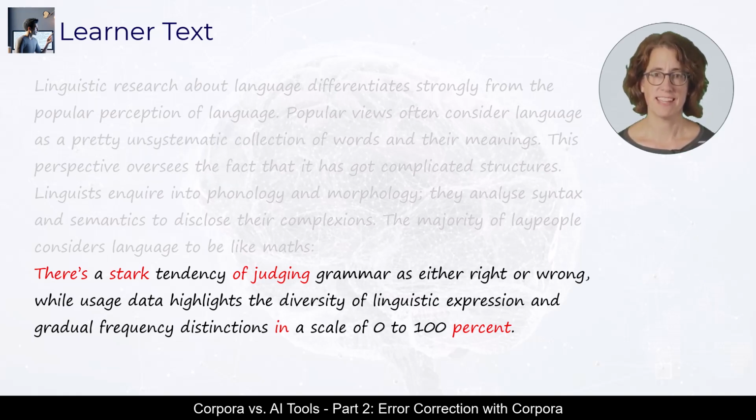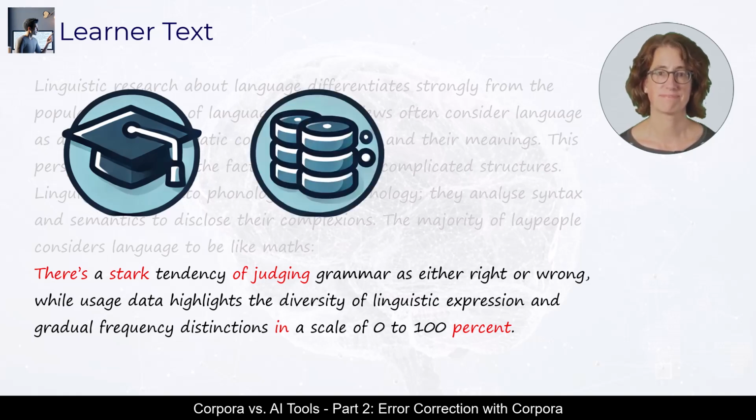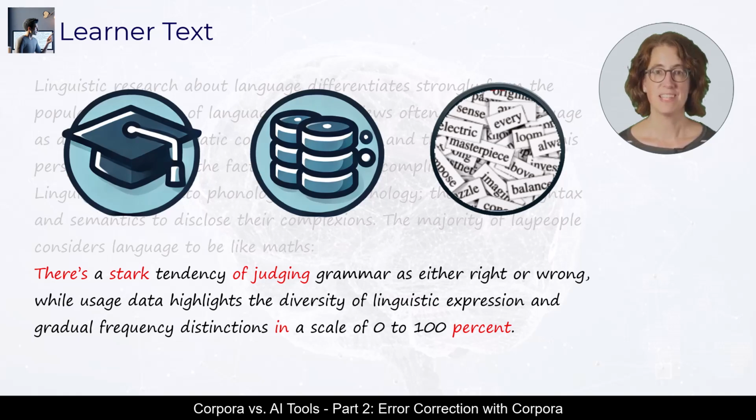For our error analysis, we will set the language usage that is common among native speakers of English as a benchmark and pay particular attention to academic texts, meaning the academic register that students are supposed to learn. Empirical evidence for what is and what is not an error can be obtained from the aforementioned corpora. I will now show you how a corpus can be used to find errors in a text. We use the EnglishCorpora.org platform, which is freely accessible online.